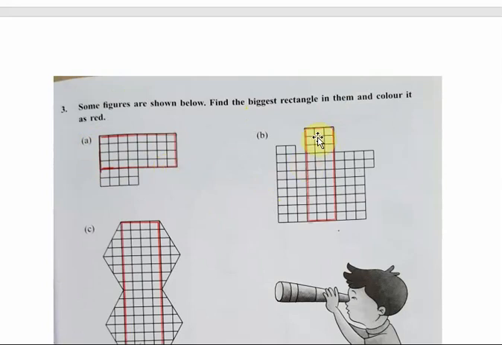In the second figure C, this one is the biggest rectangle that you can make. Here let us count how many boxes there are downwards. Okay, 1 2 3 4 5 6 7 8 9 10 11. How many are there? 11 boxes are there. When you take this, let us see how many are there. 1 2 3 4 5 6 7 8 9 10 only. If you take like this, only 10 are there, but when you take like this, there are 11 boxes in length, and breadth 3 boxes here. If you take this, there are only 10 boxes as length and only 2 boxes as breadth. So this one is the biggest rectangle that you can make in this figure.